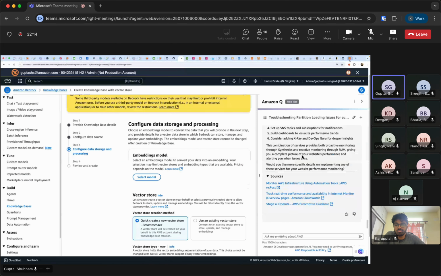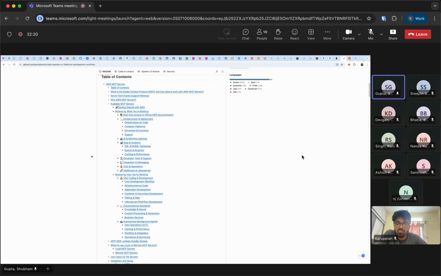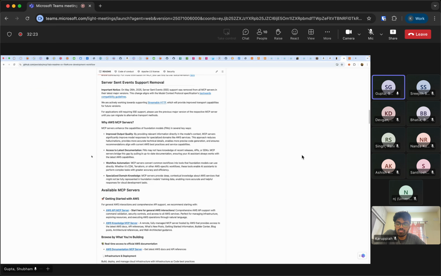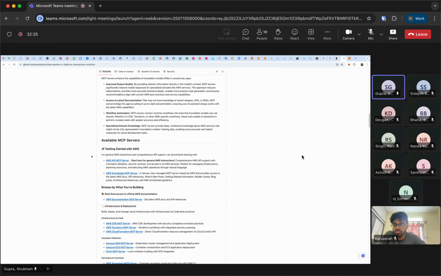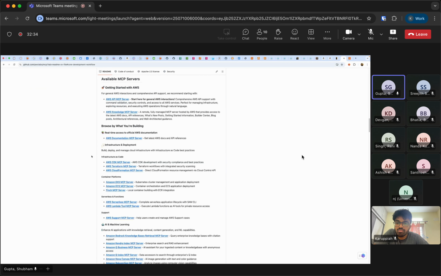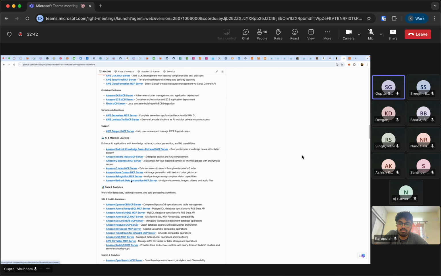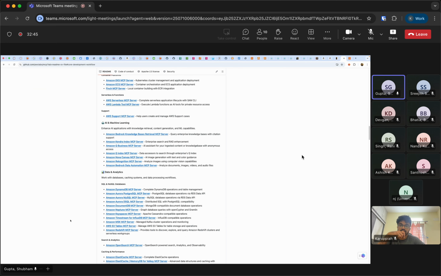So let me also show you the MCP servers of AWS. So this is a public repository, okay? So what we have done is, as I was mentioning, the action groups or the tools, right? Where I was studying or researching about what are the services, what are the issues, and how I can take actions on top of it. So what AWS has done is, for most of its services, right? Like CDK, Terraform, CloudFormation, EKS, Lambda, most of the services, right? Aurora. So we have already created the MCP servers, which contains all the best practices, the API calls, and all the methods or the documentation for these services.